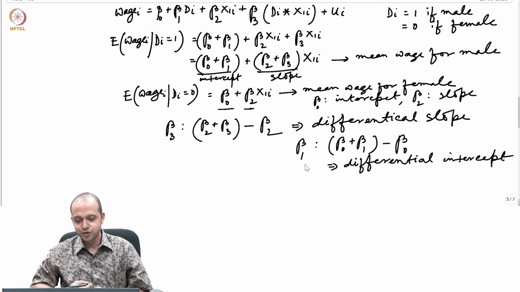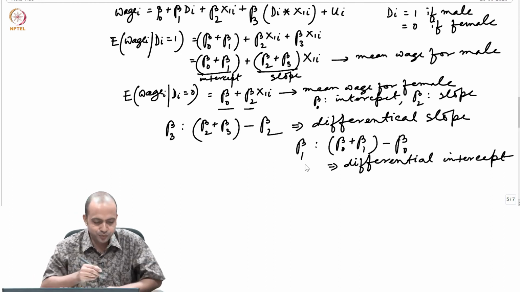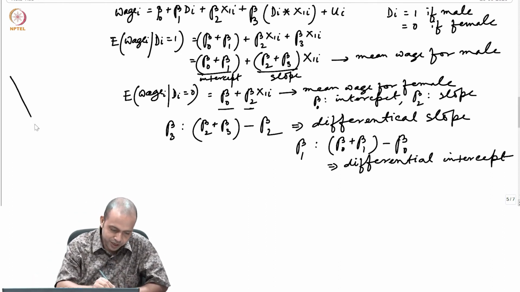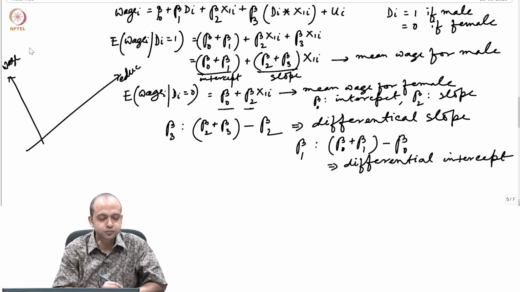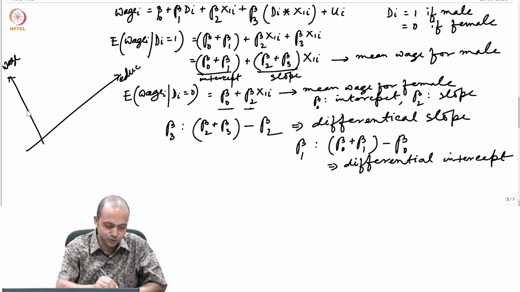Differential intercept. So, that means the male category's wage function will have an intercept which is beta 1 amount higher than the female counterpart, and the slope would be beta 3 units higher. So, if you now try to draw the diagram once again between male and female, on the x axis you have education and on the y axis you have wage, then let us say that this is your